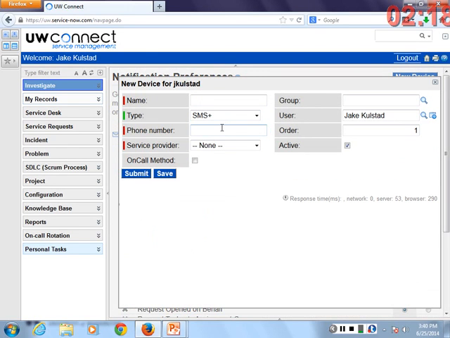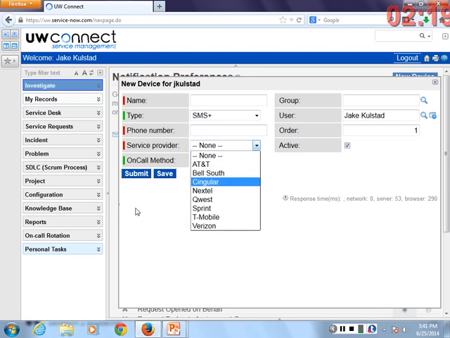The one I've chosen is SMS. So I put in my own phone number. And that way, if I'm an escalation point, it would actually text me. So in eval, to do my demo, I put in my phone number, selected a provider, and you can select any provider. It doesn't matter which. And you can choose an on-call method. And that's how I was able to text myself whenever I was escalated to.